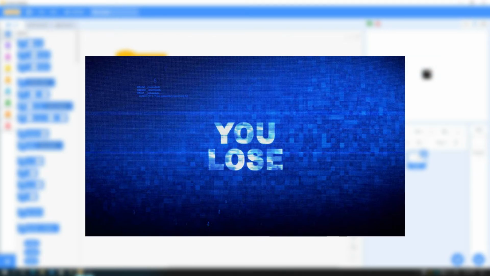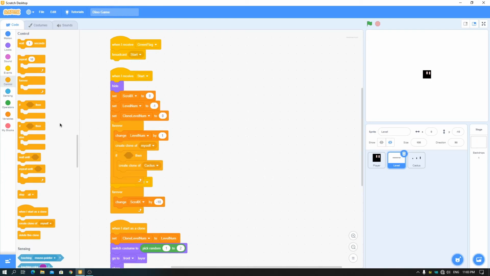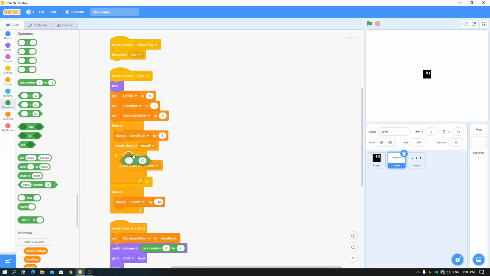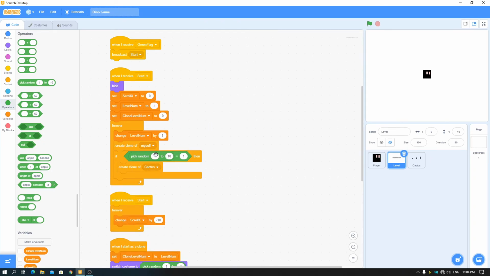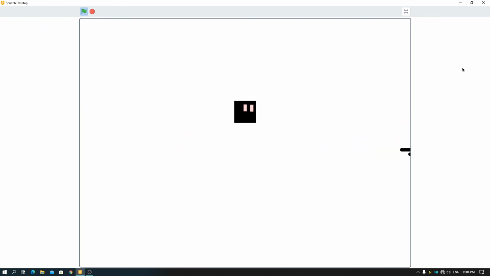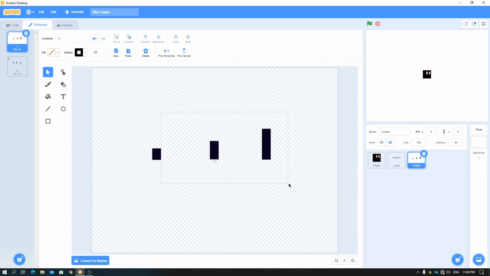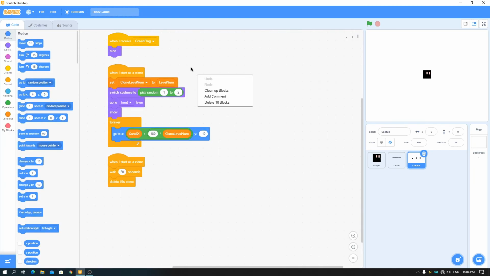So I'm putting here a script called if, put an equal to operator, and put pick random 1 to 10 is equal to 1, or anything you want. If 1 to 5 is equal to 1, then it will create clone of cactus, or it won't create the cactus. Here you can see now it is spawning randomly and we can lose. You can just make this space according to your player's height of jump and also the player's size. I just wanted to show you the concept how to make this game, and we have this ready.